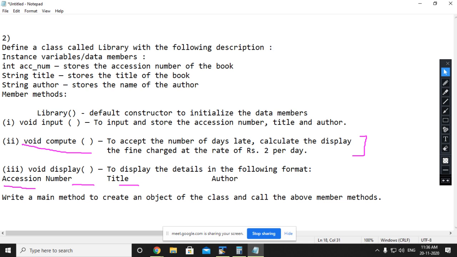These three things you need to print under the heading accession number, title and author name. Write a main method to create an object of the class and call the above member methods. So this type of question 100% you will get in the board. So everybody has to try this question.